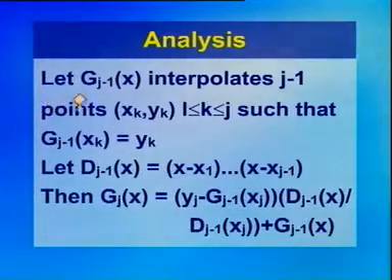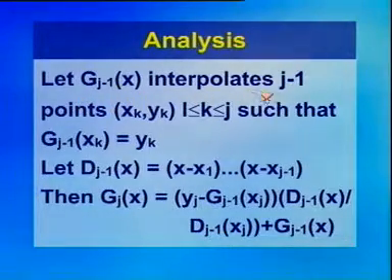Let g of j minus 1 of x interpolate j minus 1 points xk comma yk such that g of j minus 1 of xk is equal to yk. Let a function d of x is equal to x minus x1 so on x minus xj minus 1. Then gj of x is equal to yj minus gj minus 1 of xj